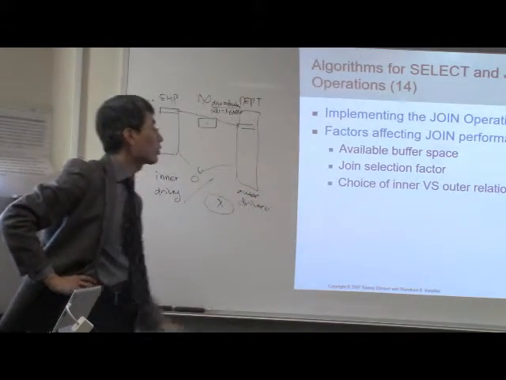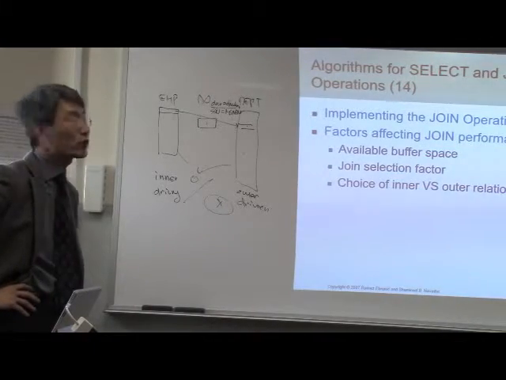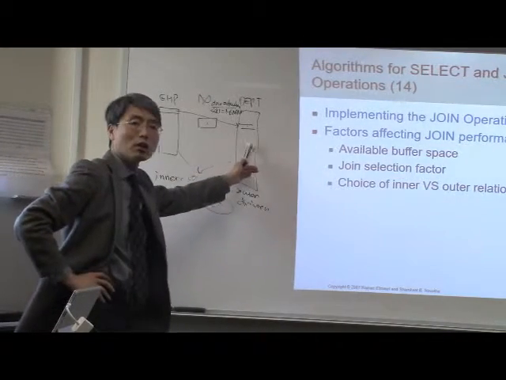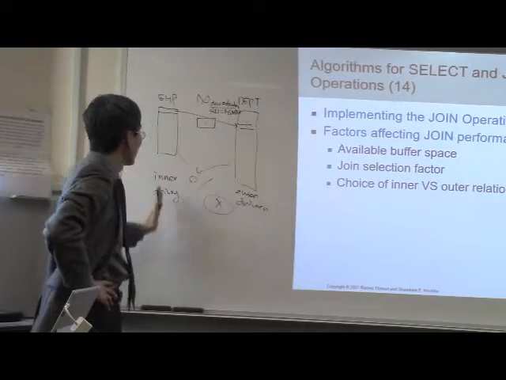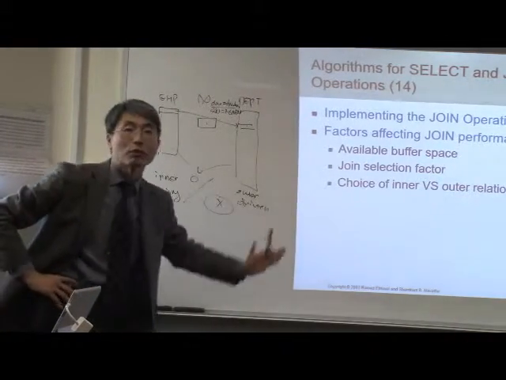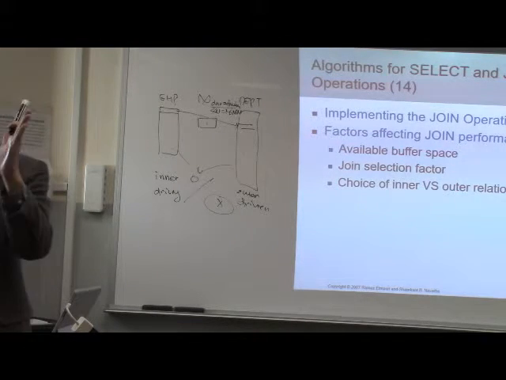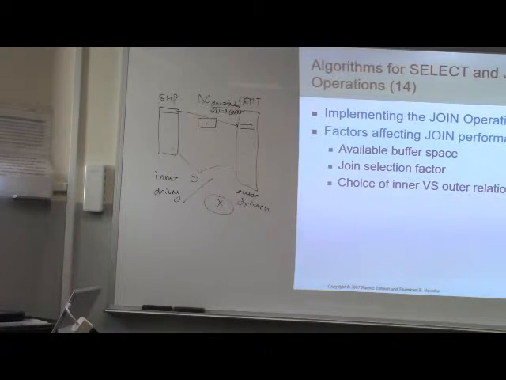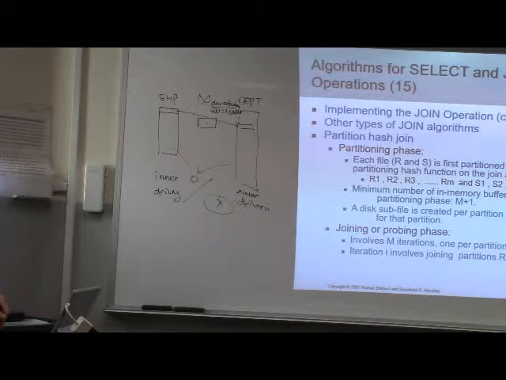And also inner versus outer relation, which means which one will be the driving table, which one will be the driven table, which one will be the inner table, which one will be the outer table. Depending on the order, it will be different. So during the query optimization, we will consider such different factors when we join, to find which join option will be the fastest way. Okay, then